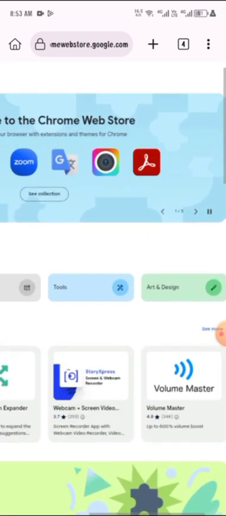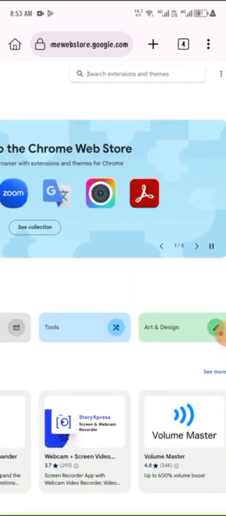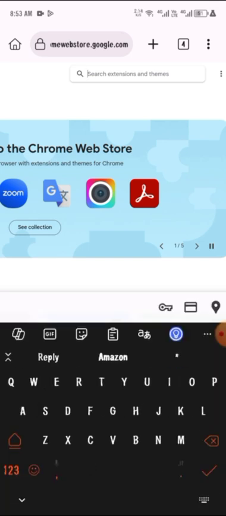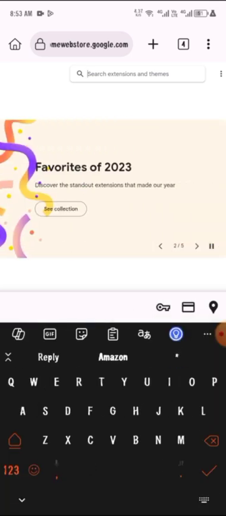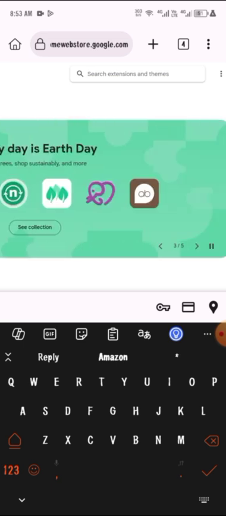Then look up here where you have this search box, not this Kiwi browser search box, but the page itself. You can see it here where you have search extensions and themes. So you have to search for all the extensions. This is where you have to search for them and install them. It is not hard though, but if you follow the process, you will see how to do it. Then the first one we have on the list, we have DS